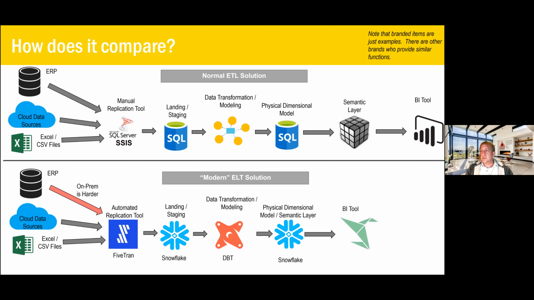Okay, and then this is what the folks who promote it call a modern ELT solution. They call it ELT because you extract and load the data first, and then you transform it. So the stack looks relatively similar. You can see the ERP, which is often on premises up here, is harder to pull out. These replication tools are not all designed for that. SSIS has a million drivers you can use to pull from, but these replication tools are not always well suited to pull data from an on-premises database, especially the old databases like IBM. And so this can be harder.